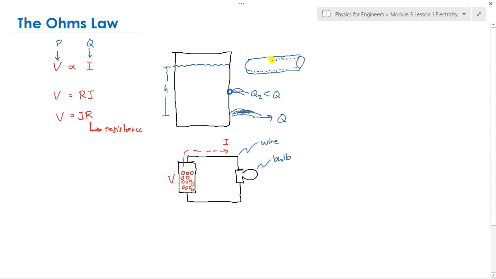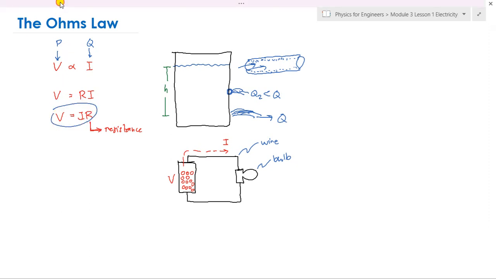So the deposits, the sediments, of course if they clog there, the flow will be slower, right? The flow will be slower. The same thing with our electrical circuit. If our connecting wire offers greater resistance, then normally the current will be slower. So that's why the relationship between current and resistance is inversely proportional, because if we're going to reiterate Ohm's law,